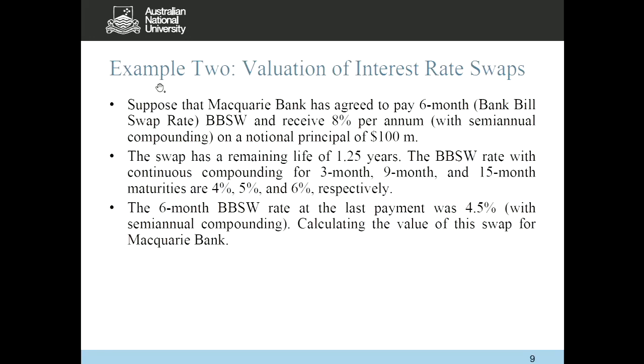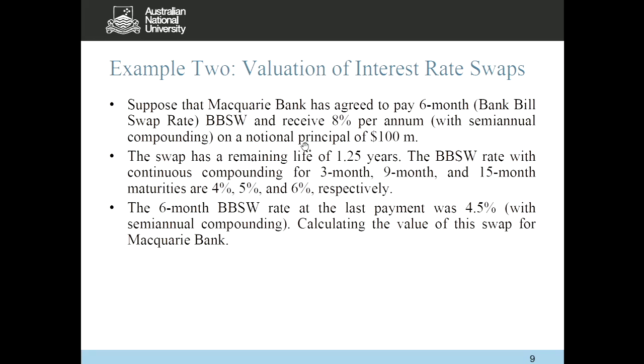So let's read this question. It says, suppose the Macquarie Bank has agreed to pay the 6 months BBSW rate. So the full name is Bank Bill Swap Rate. So the BBSW rate is kind of the Australian version of the LIBOR rate. All right? So the BBSW rate is just a floating rate. Agreed to pay the 6 months BBSW rate, and receive 8% per annum with semi-annual compounding